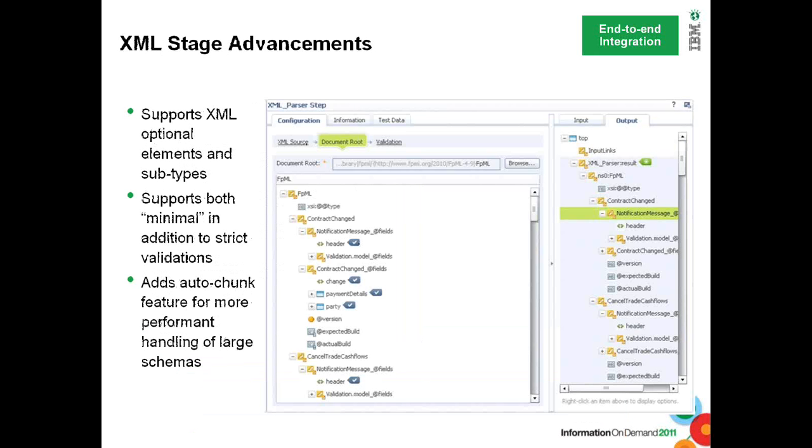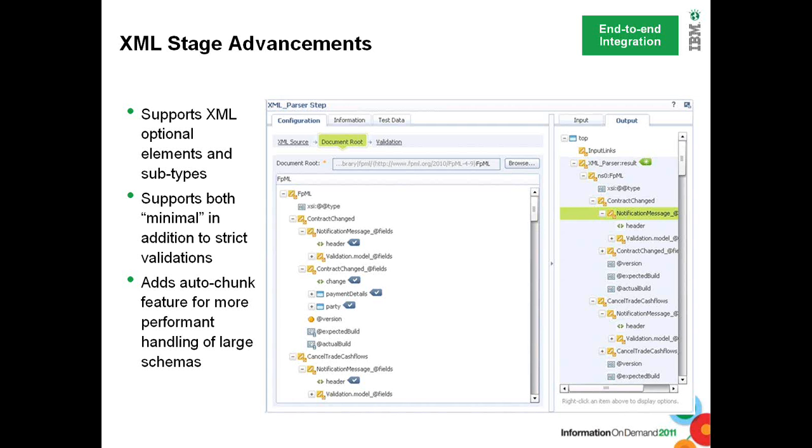So this is the XML stage. The XML stage was introduced with Information Server 8.5 back in October 2010. Now with 8.7, the XML stage has been improved a lot in terms of certain restrictions which were really tough in terms of design, like schema validations. There are now multiple modes supported, so customers for whom minimal validation is acceptable can choose minimal validation, or they can stick with the default strict validation, right?